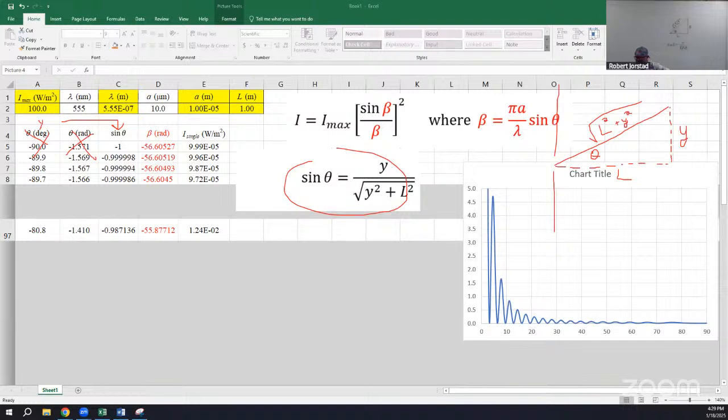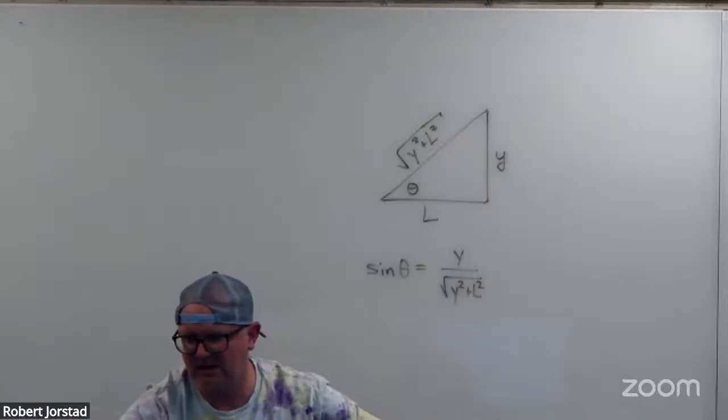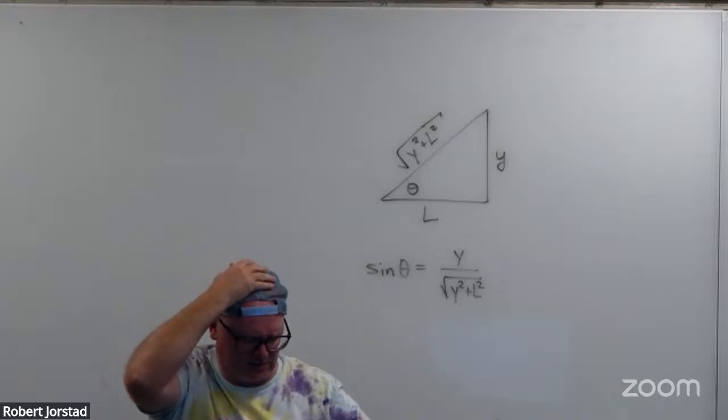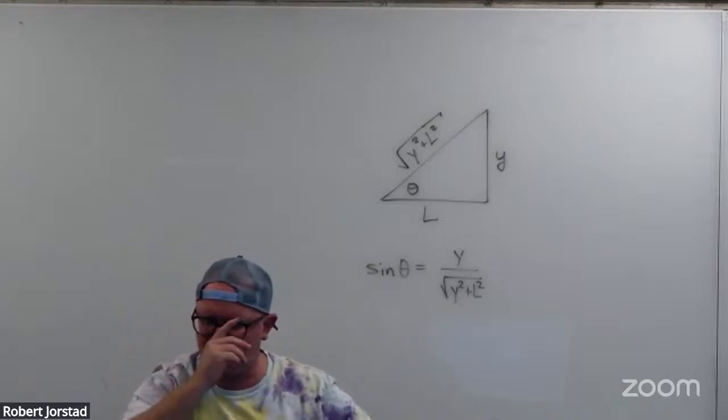And I actually have that somewhere. Where is that one? I don't know. I think I may have closed it out already, but that's okay. That gives you an idea. And so hopefully you can make this plot now. In the next video, we'll talk about how the single slit can be overlaid on top